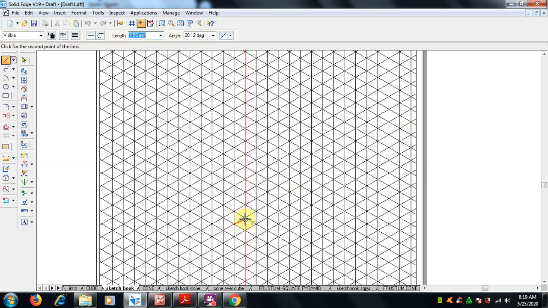Just count here. It is already given in ISO. So 1 2 3 4 5. So base first, 1 2 3 4 5. Okay, intersection only I have to count. So 1 2 3 4 5 boxes. In orthographic, how you did like this, the same here we have to do by counting the box. Fine. So now 5 boxes here, 5 boxes here. So it's a 50 base.